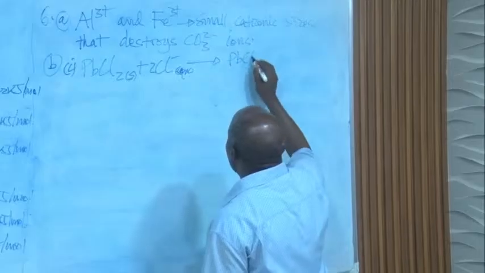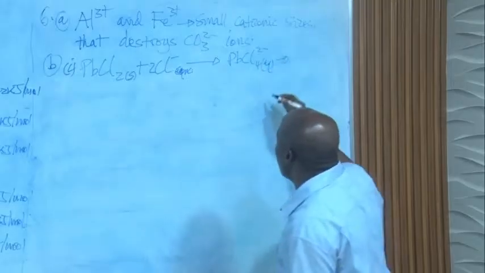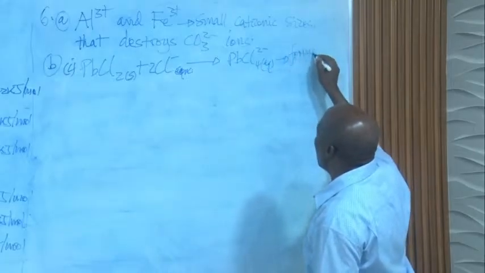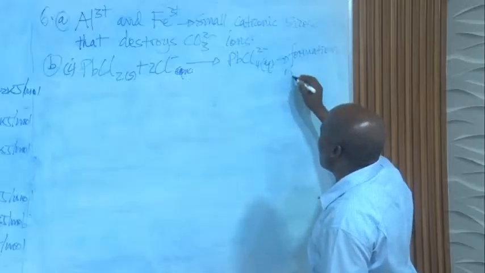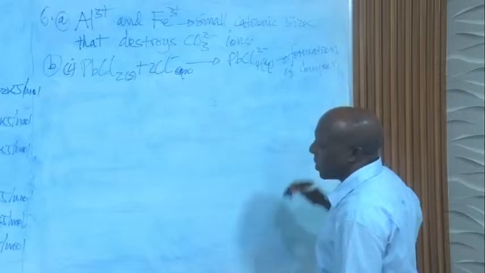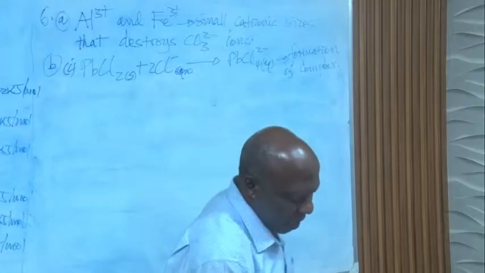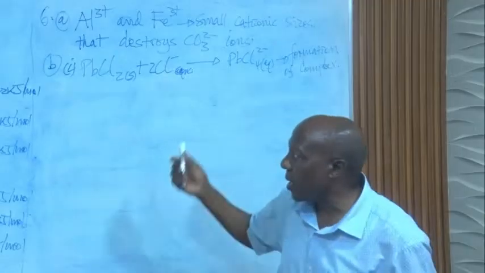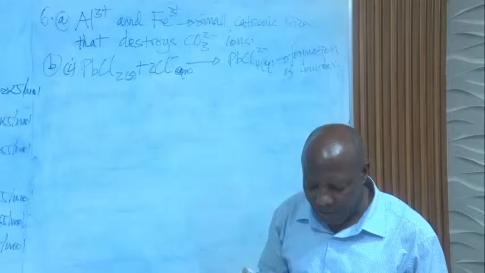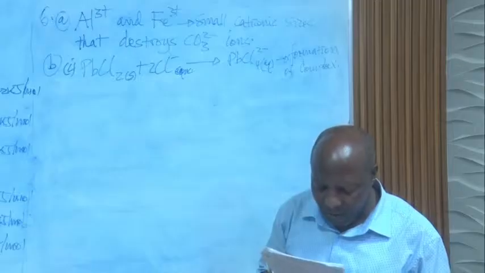That is PbCl4 with charge -2, aqueous. So the reason here is because of formation of complex. Most complex compounds are soluble. So to dissolve the lead 2 chloride, we can add concentrated hydrochloric acid, which will end up with the formation of a complex that dissolves. Then Roman 2, aluminium hydroxide precipitate is soluble